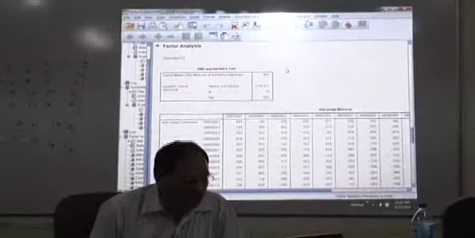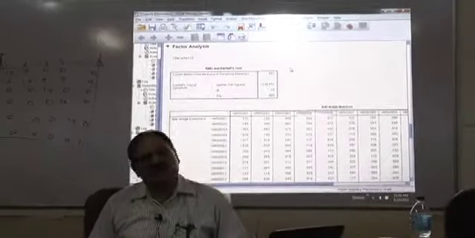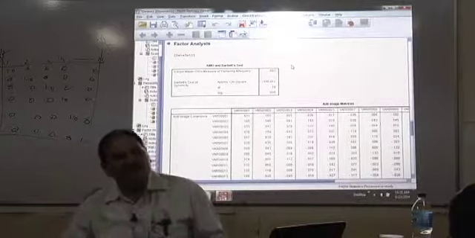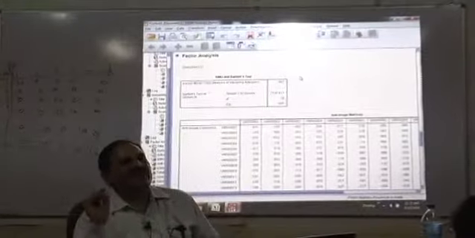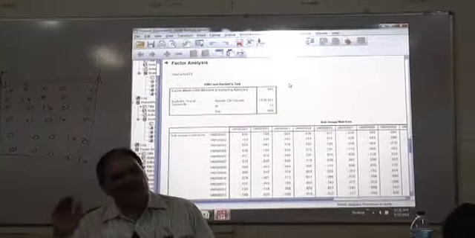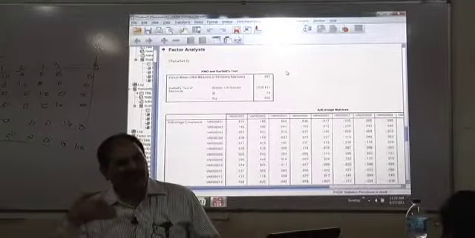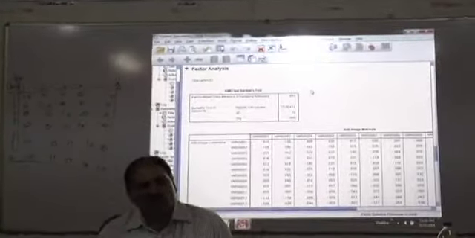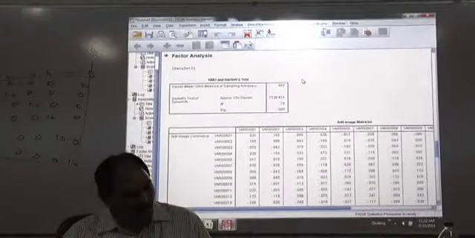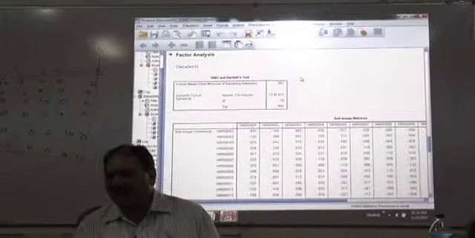Now, it is tested using chi-square. What is the value of chi-square here? 1530.411. Significant at 0% level of significance. We have understood till now that if the significance value is less than 0.05, it indicates the value is significant. That means the chi-square value is significant here, indicating that our null hypothesis, assuming that the item-to-item correlation matrix is an identity matrix, is rejected. That means it is not an identity matrix. That means items not only have a relationship with themselves, they have a relationship with other items as well. And therefore factor analysis is possible.